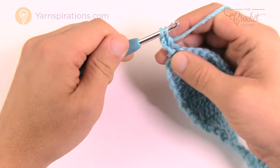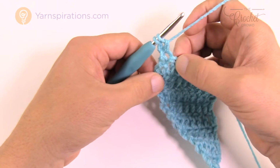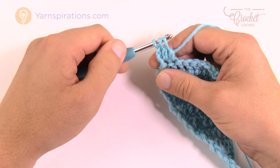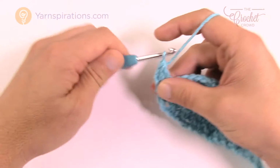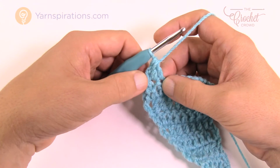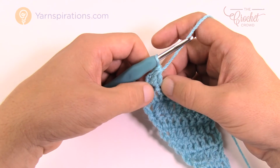Okay, and you're going to go into the next stitch here. Okay, so that's exactly what you're doing, and then pull through all 3 loops. So now you just see that this chain 2 was more of a builder, and now you have these 2